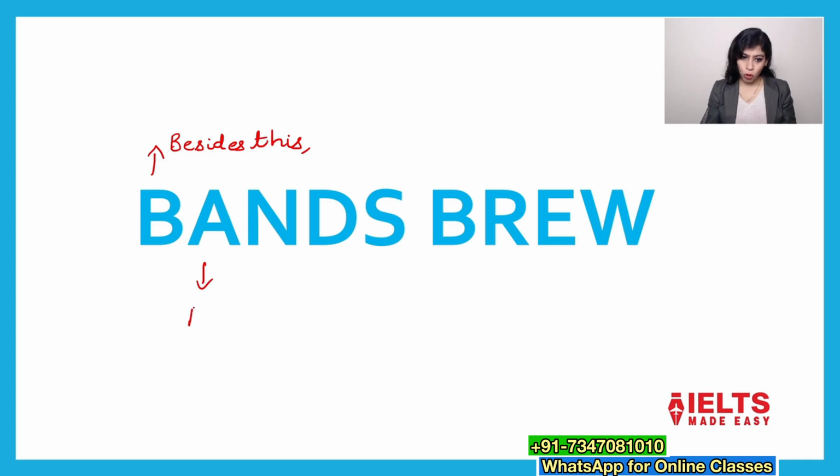A is for although, which is a contrasting connector. B is for besides this, which is an additive connector. N is for not only but also. D is for